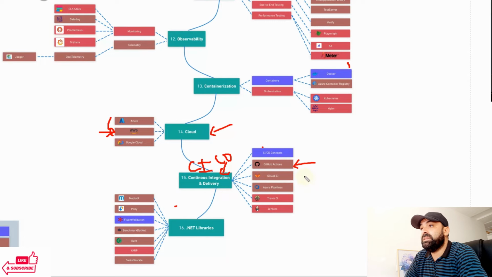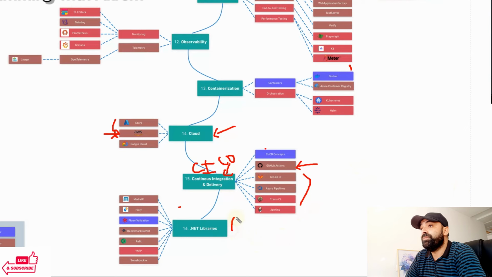My favorite is by far Nuke. Cake is a good alternative, but Nuke is just, in my opinion, so much better as a .NET library. All of them are must know. Polly, which is now sort of integrated into everything. Microsoft, FluentValidation, Humanizer, Benchmark.NET, Mediator, and also xUnit.net.